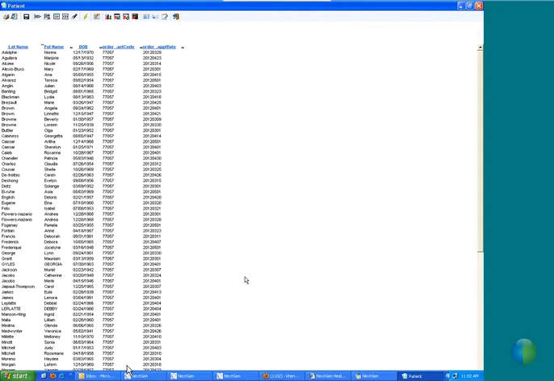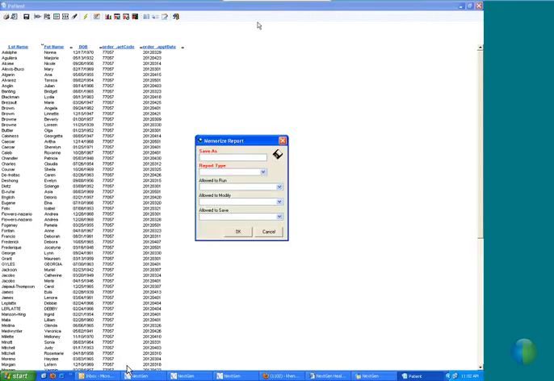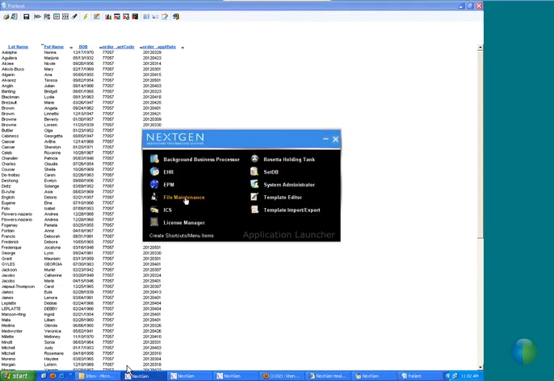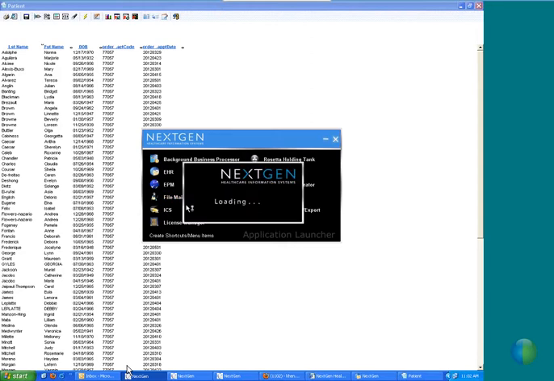Excellent. So if you want to memorize this, if it's one you want to run again, you go to the little save key. Now before you do that, just leave this up. Go to file maintenance real quickly. You leave this up, it's okay. Just go down to your app launcher and open up file maintenance. We're going to create a report type here because the report types that are pre-built are all for EPM. We're going to create our own that will save all of our reports